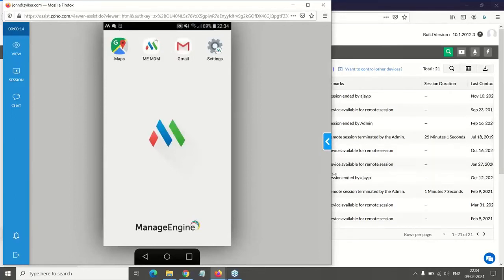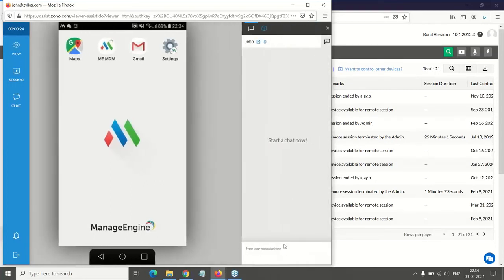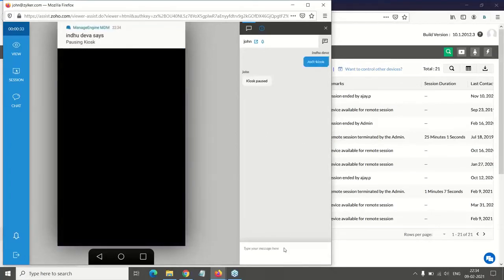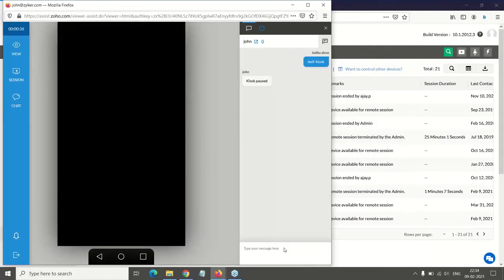So if you do not want the end user to know how to exit the kiosk mode and troubleshoot the issue, you can make use of certain commands like this. So you can exit kiosk here, which will pause the kiosk mode on the device temporarily. So the device will be brought back to normal mode, and then you can troubleshoot the device remotely.